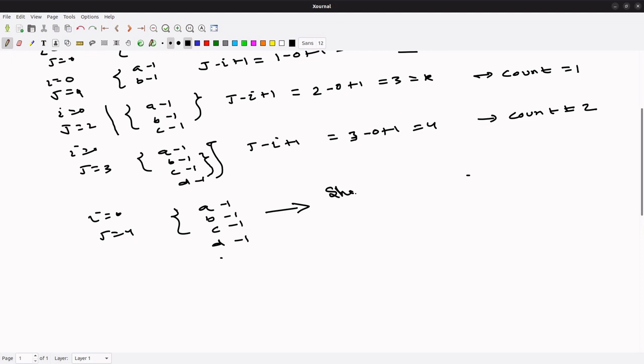Shrink window, right? This is what we will do if we get any repeated characters. So how are we going to shrink? We have to remove all these characters from this map. How? If we get any repeated characters, at this step we have to iterate, like while the map contains